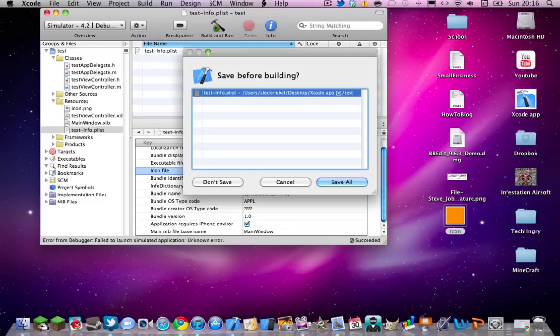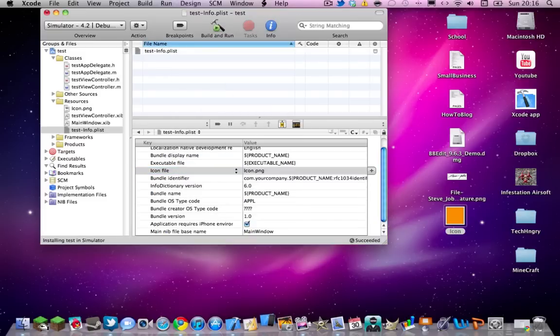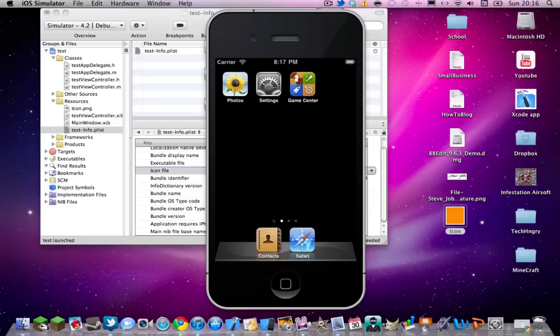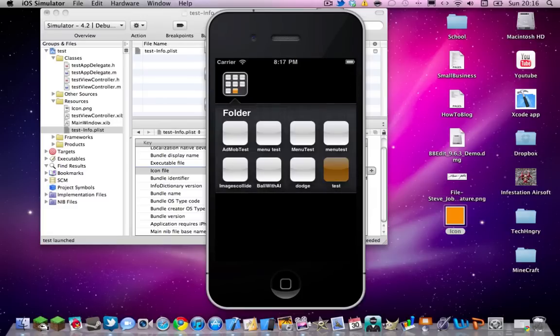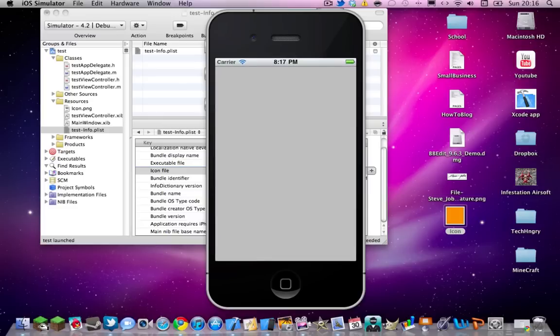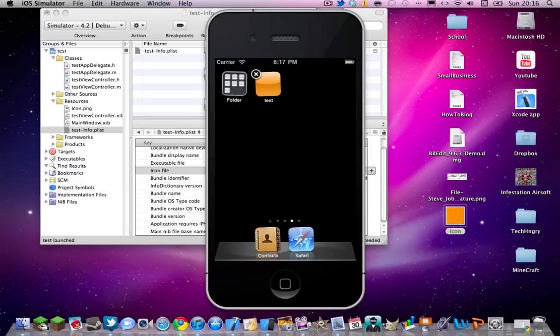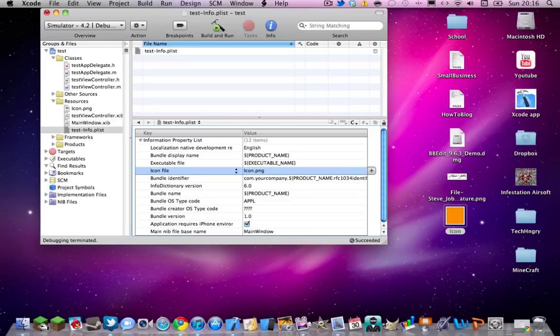Now if we see here, when we build and run, for whatever reason it's saved to this folder, and if you see here it is rounded, the edges are rounded, but if we tested it on the device, they would not be rounded, they would just be square and it wouldn't look good. So you can quit out of that. Oh, you didn't even need to open it, but next